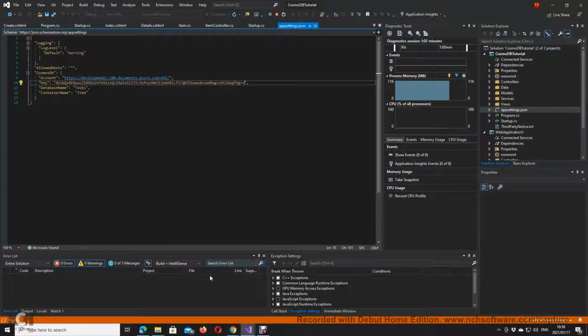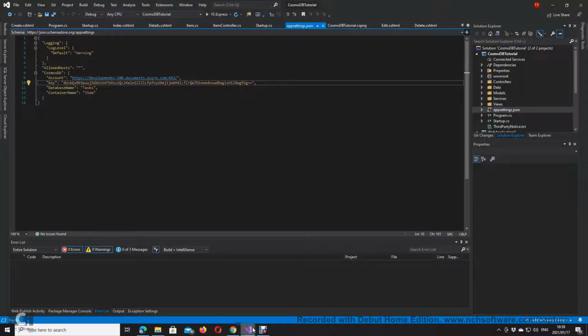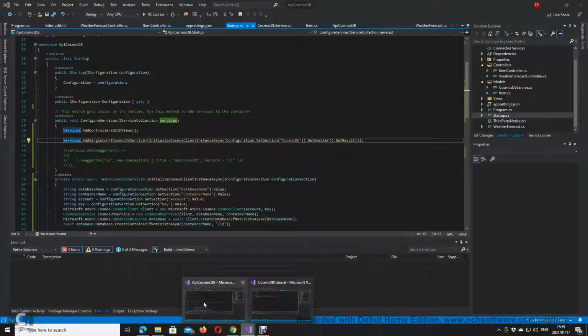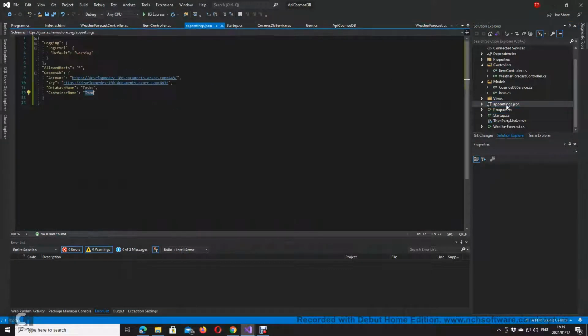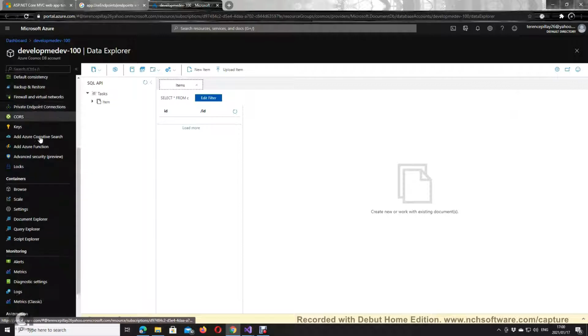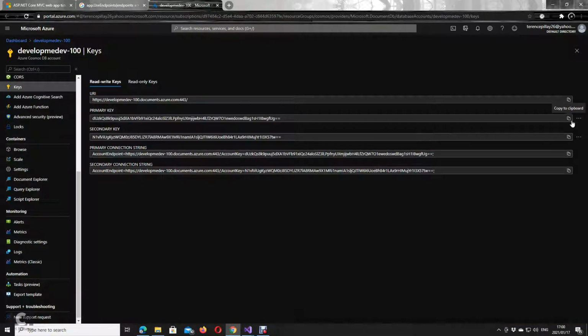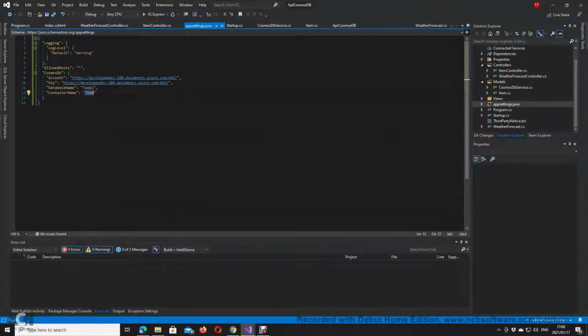There we go, the D2Q. Stop. That's my problem. It's a key. I forgot about the key. The primary key. Primary key. Copy. I put the same thing in both. That's the problem. If I run that,